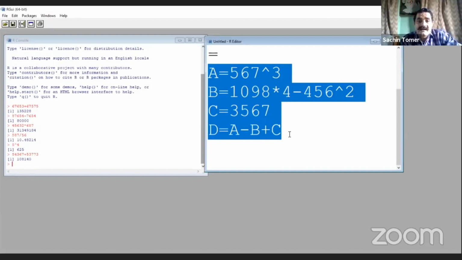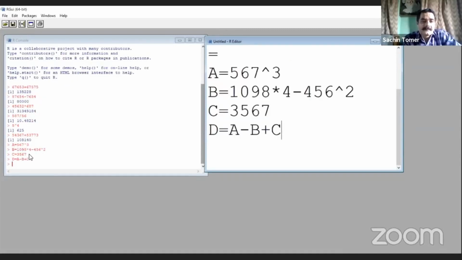For running, as I have told you, select the command, whatever we want to run, and press Control R. So you can see here the values of a, b, c, and d. But still, we don't have the result. We don't have the value of d. Here we have stored the result in d, and we are not calling d for print. So we have to write here print d.